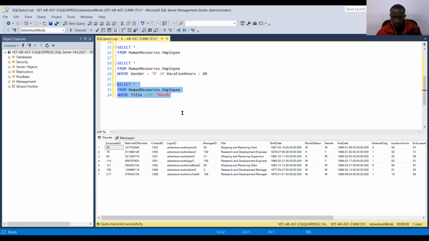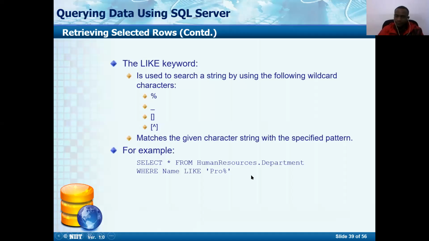So that's how you work with wildcards. Okay. Any questions? Any questions? Okay. At the moment. Okay. So